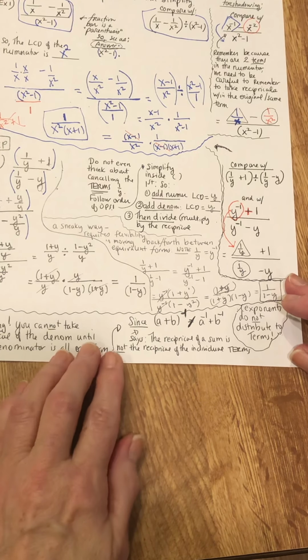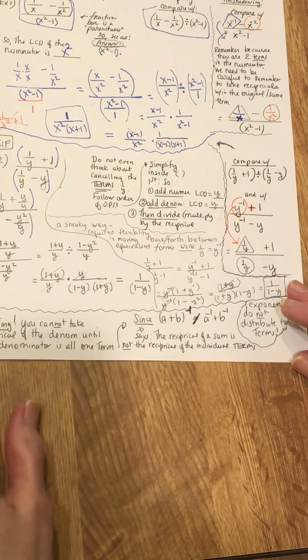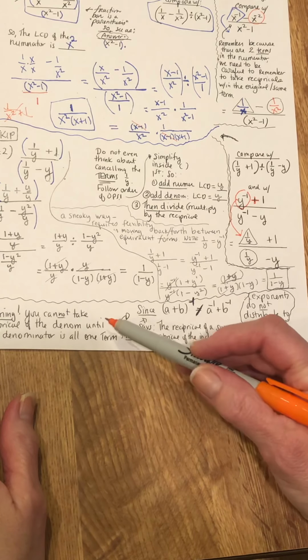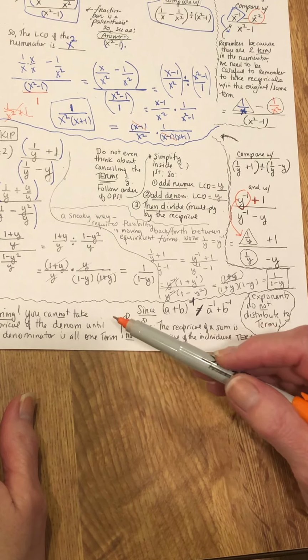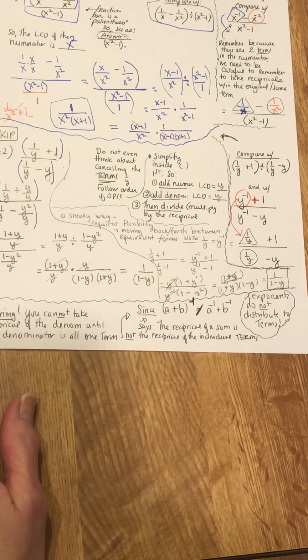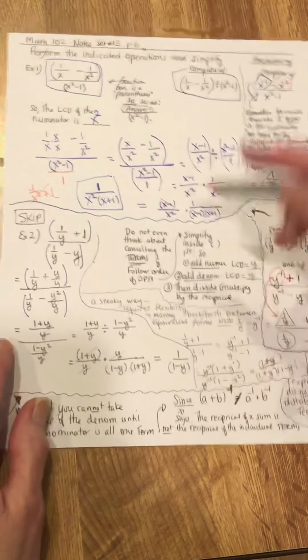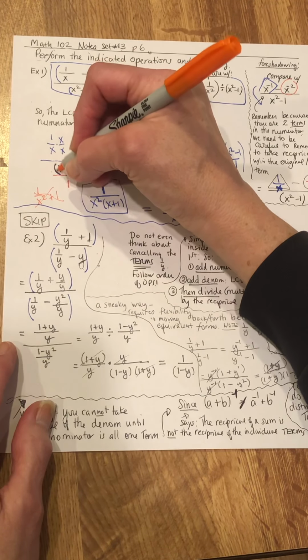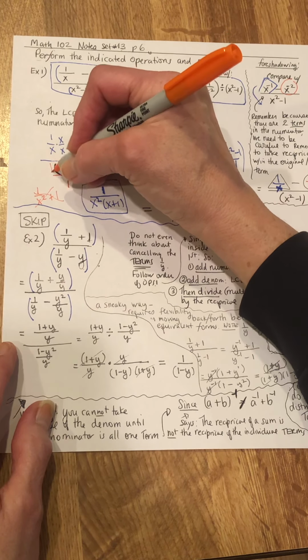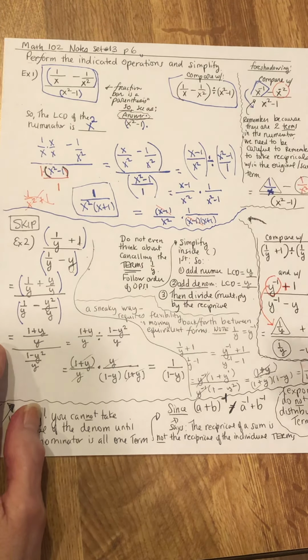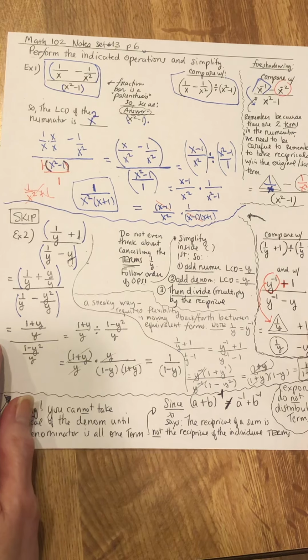And there's just this warning. You can't take the reciprocal of the denominator until it's all one term. And you flip it as a unit, okay? And now this isn't all one term, but I'm seeing it as 1 times x squared minus 1, and I flip it as a unit because